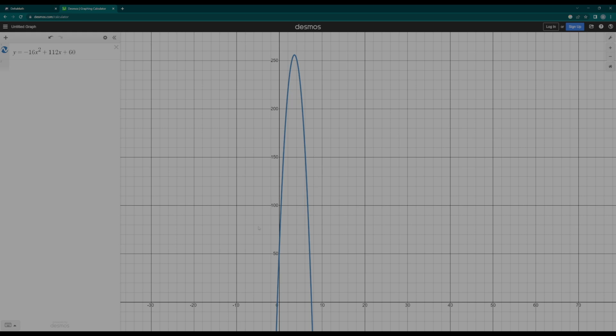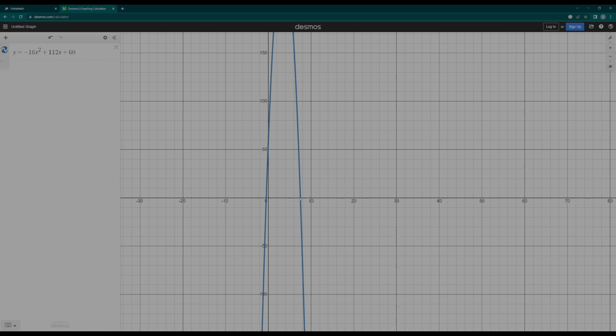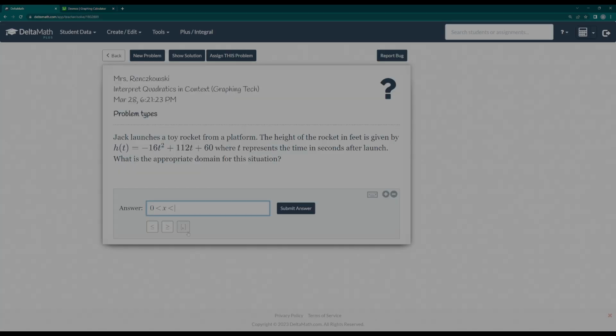And then we can go back. Well, what is the furthest? Well, if y is our height, that means this is the furthest that we can go, because anything after this one point right here would be into the ground, and we know a ball can't travel into the ground, so that's 7.5. Now the only problem is if I look at these three down here, we need to add in some type of bracket system. A parenthesis would mean the ball is never at that spot, and a bracket would mean that the ball can be at that spot. Now since,